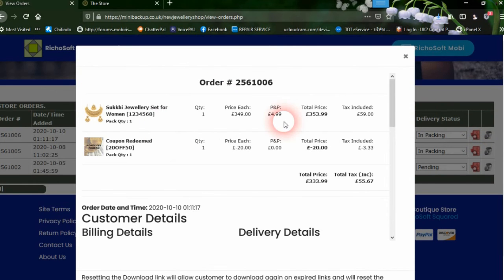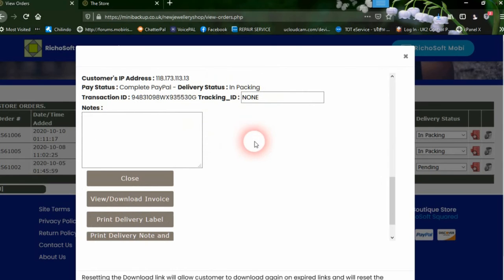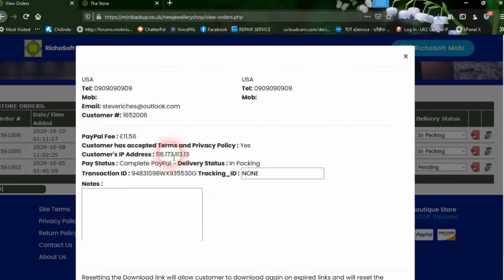okay, so the delivery status here is in packing, and we can add a transaction ID here. Once we make it into out for delivery, you can add notes that the customer can't see there, and you'll see